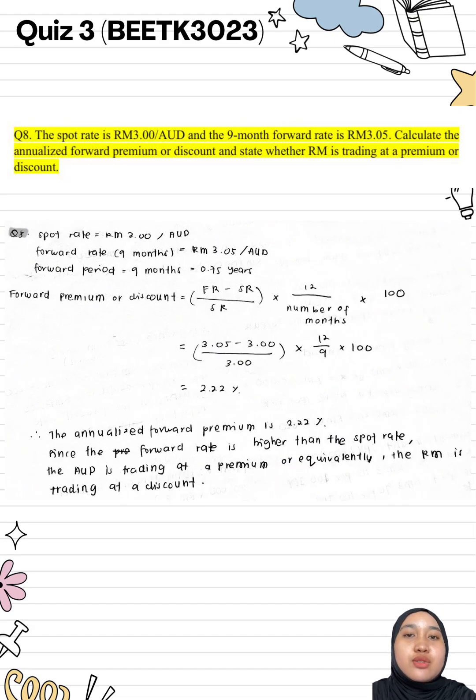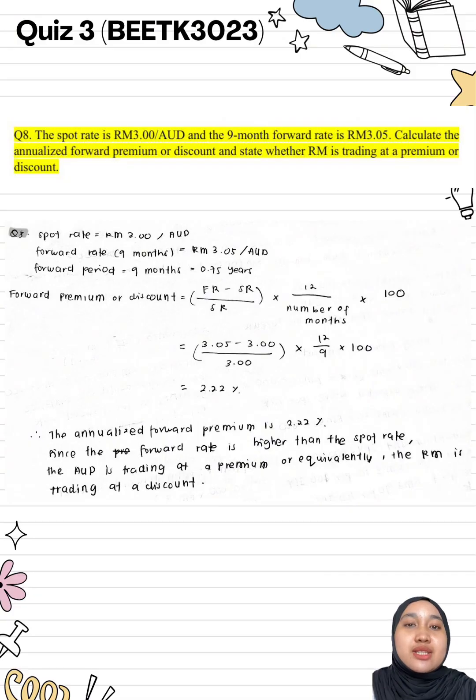In this question, we are asked to calculate whether the Malaysian ringgit is trading at a premium or discount against the Australian dollar based on spot and forward rates. We are given spot rate equal to 3 ringgit per AUD and 9-month forward rate is 3 ringgit 5 cent per AUD. We use the formula for the annualized forward premium or discount, which is (forward rate minus spot rate) divided by spot rate, multiplied by 12 divided by number of months, multiplied by 100. And substituting and calculating the values, we get